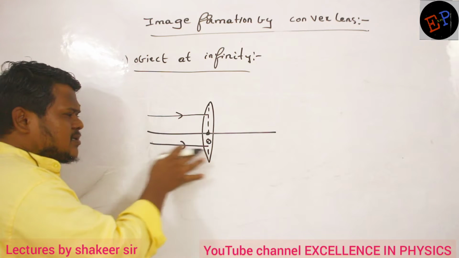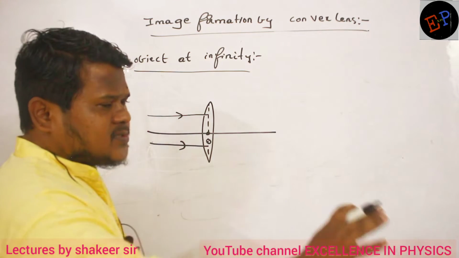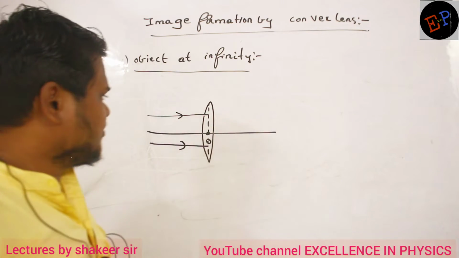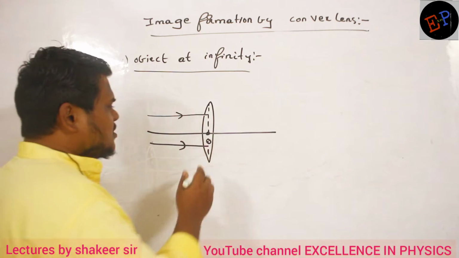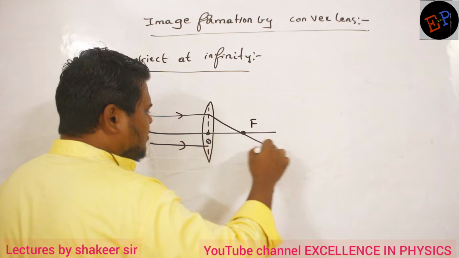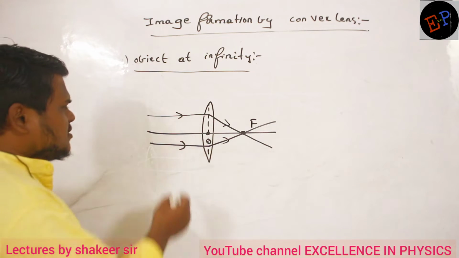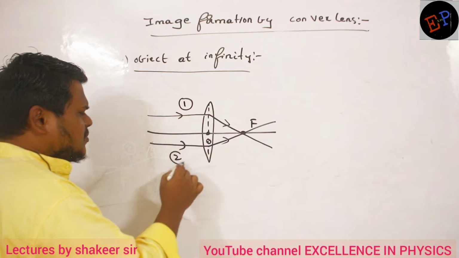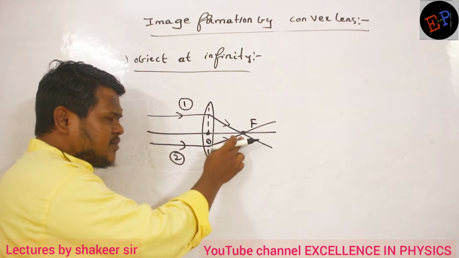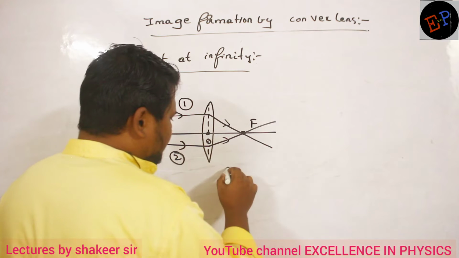So, these are the light rays traveling parallel to the principal axis. When light rays pass parallel to the principal axis, then after refraction, where should they meet? They should meet definitely at the focus. That is what we have just studied. So, after refraction, if this is the focus, all the light rays must pass through the focus. And what is this ray? This is representative ray number 1. This is also representative ray number 1 only. So, this is the image formation. Here the image is created when the object is present at infinity. So, what are the properties of this image?